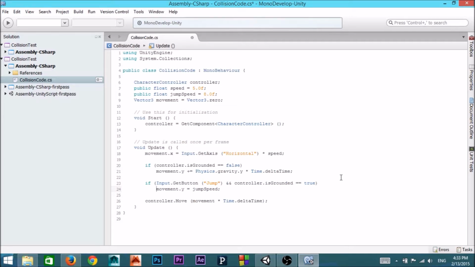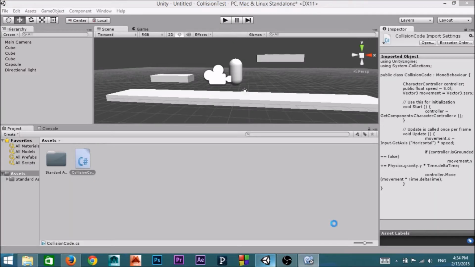This code pretty much says that if we enter one of the jump buttons, which in Unity is the space bar, if we press the space bar, and if controller.isGrounded is true, that means we're on the ground. If both of those conditions are met, then we set the movement.y to the jump speed, which will pretty much just launch it in the air. And so we save again, and we go back to Unity,